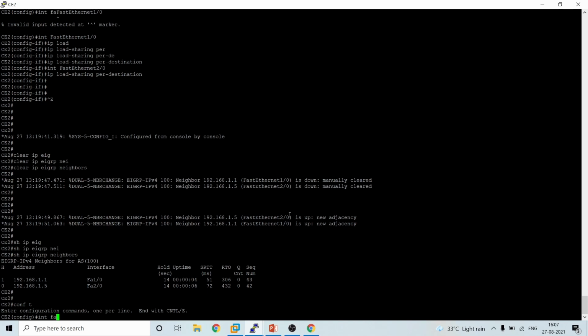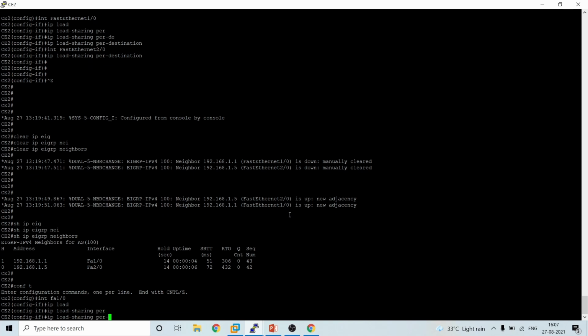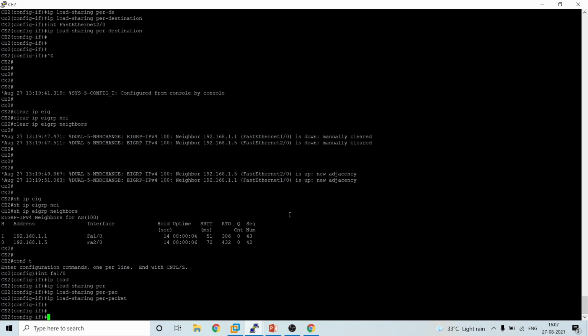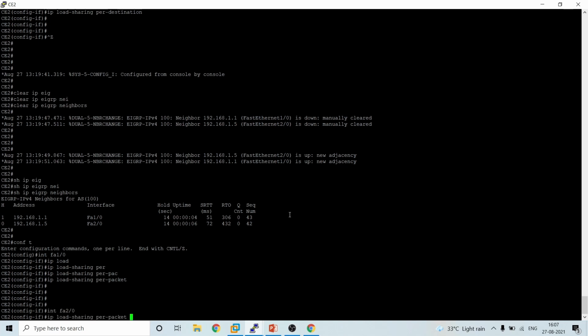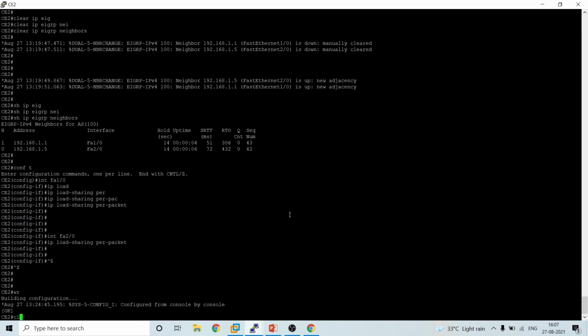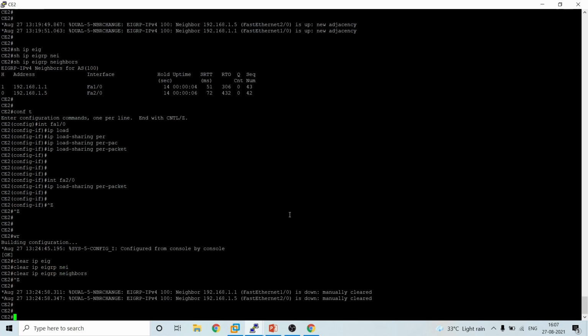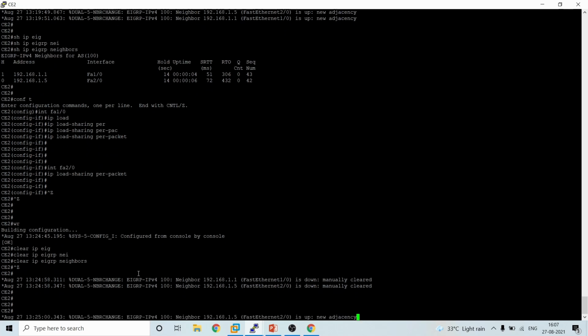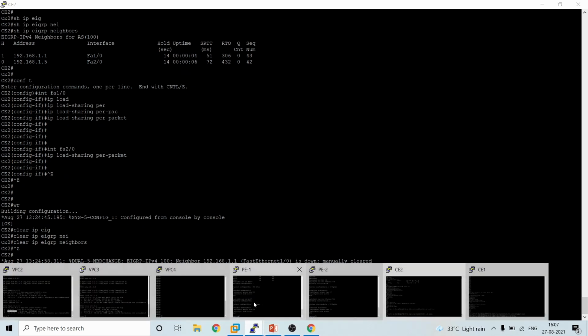Interface FA 1/0, IP load-sharing per-packet, and we'll enable that on the second interface as well. We'll clear the EIGRP once. So it's cleared, and this is the configuration. It should work as expected.